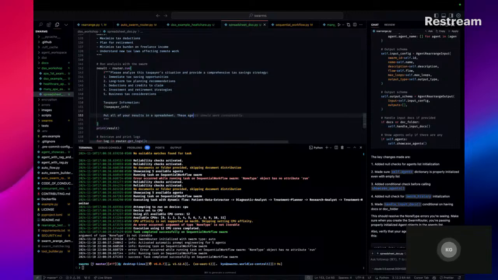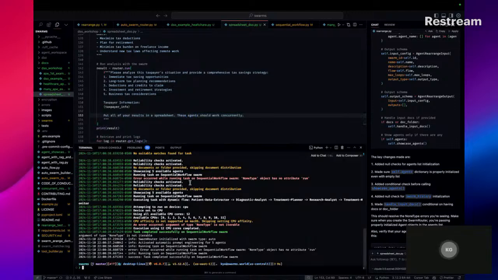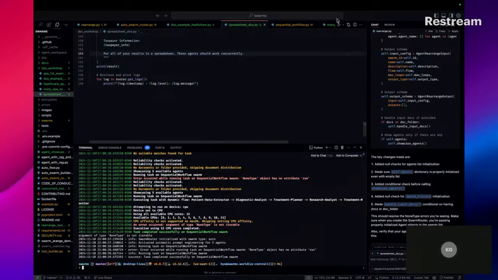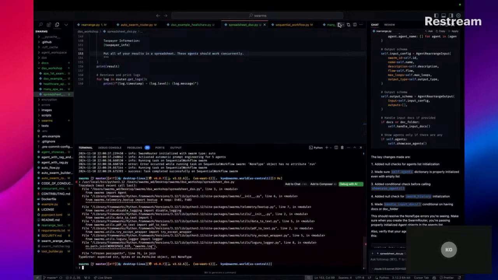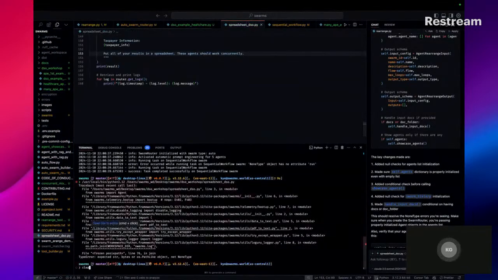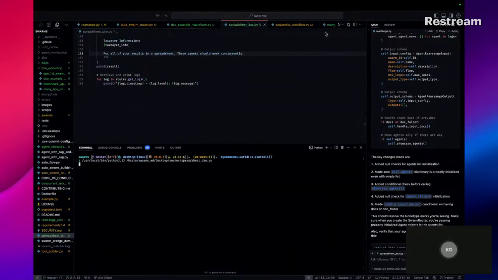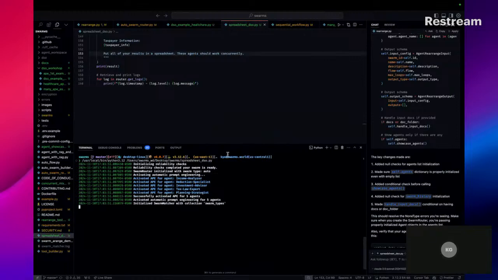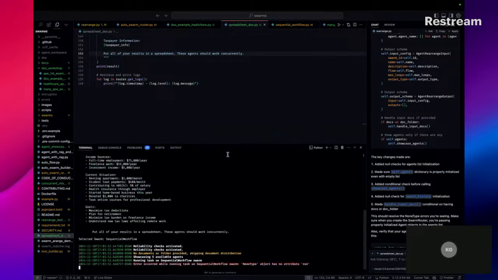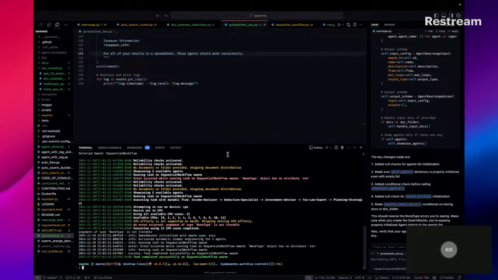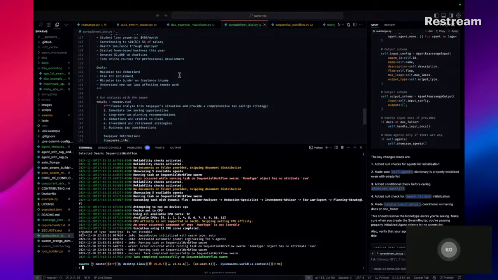These agents, and now we should hopefully see it working. It's still running on the sequential workflow. Why?